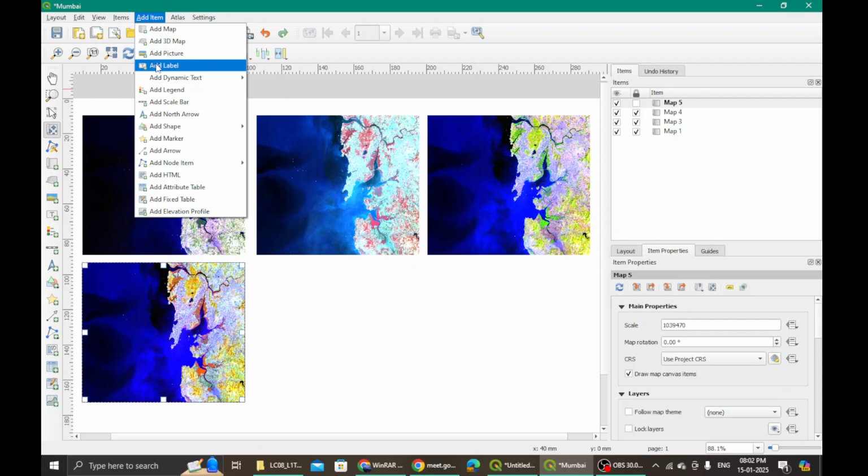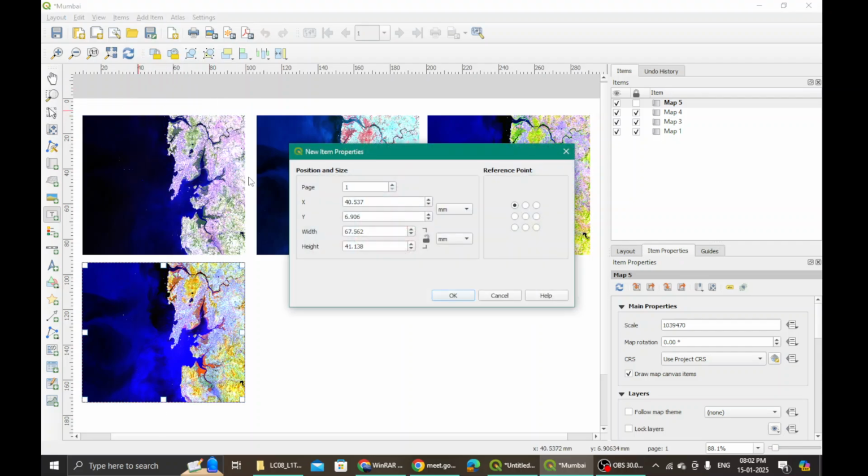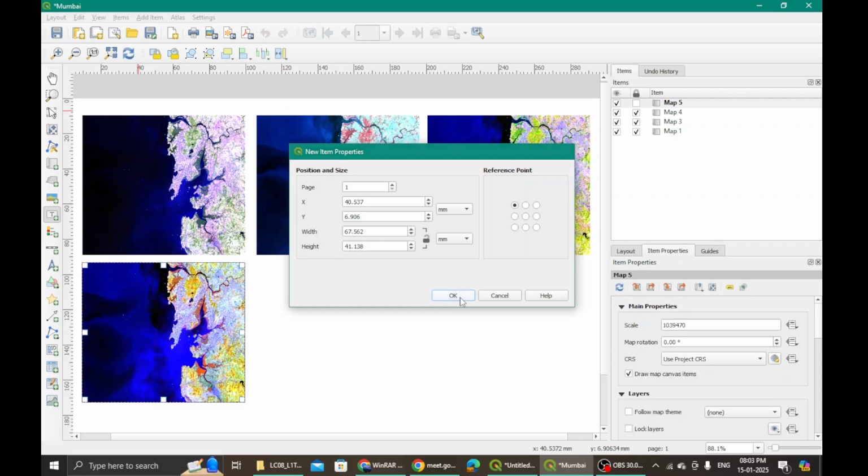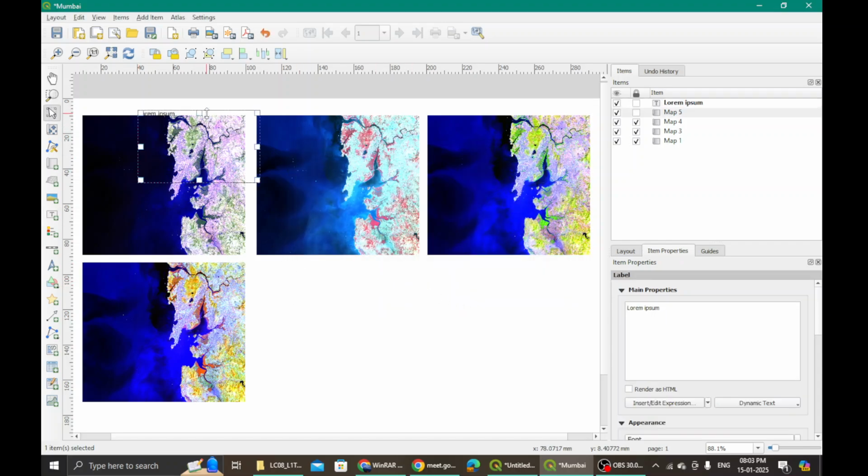Here what I will do, I want to add a label. What is the label that I want to add? New item properties. This much. Okay, fine. This much.